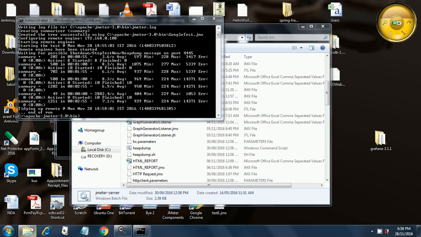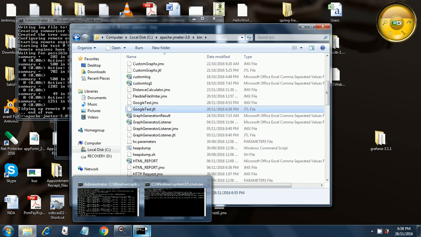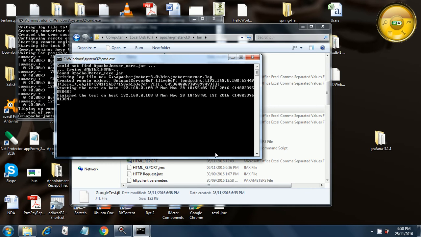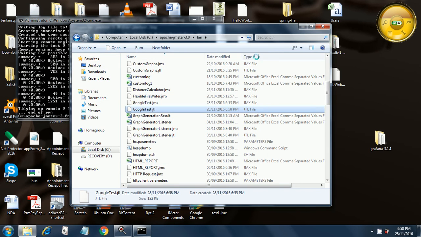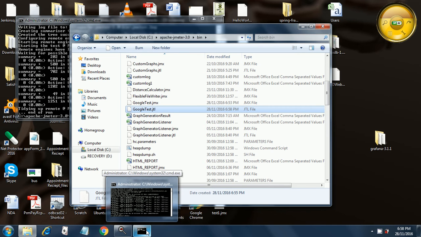Now let's see whether our JTL file has been created. There you go, the JTL file is created. Now stop the JMeter server because we don't need it anymore. Just close this window, and what you have left is your command prompt.